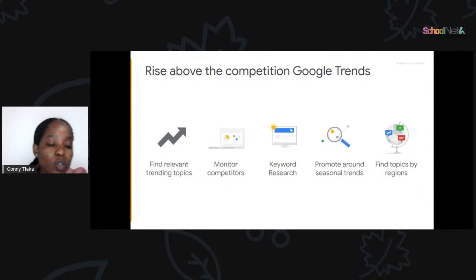So the first one, you need to find a relevant trending topic, monitor competitors, use it for keyword research, and also promote around a seasonal trend. And the last one, you need to find a topic by regions. You need to target customers at a local, regional or even global scale.